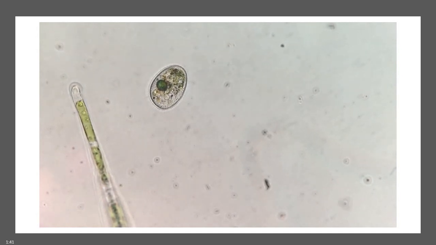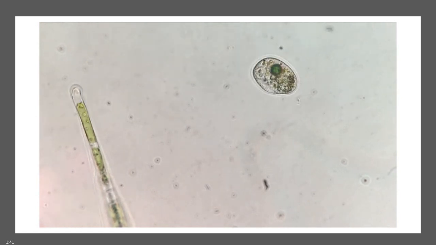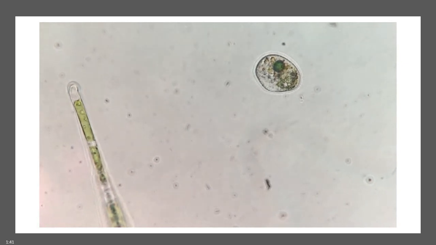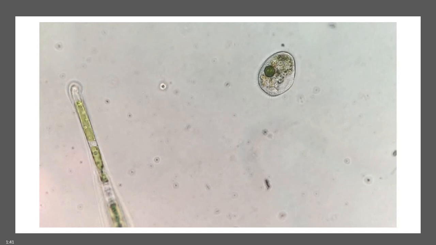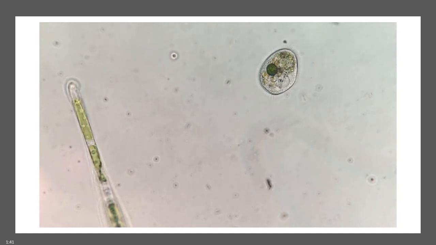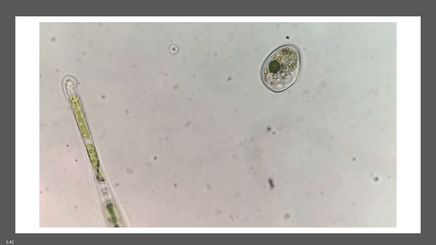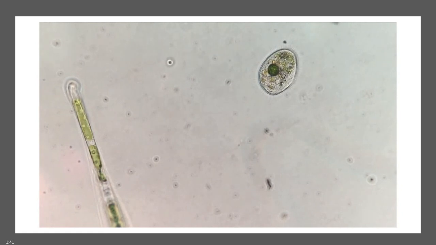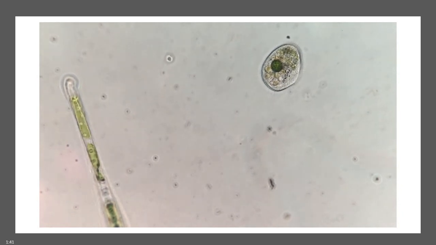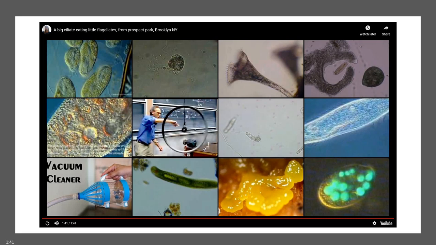You can see why they are considered to be animal-like in the way that they move. That was a paramecium that just frightened our friend. If you go back and look slowly, the paramecium was actually relatively large compared to the ciliate, which would be why the ciliate moved away. But this is happening every day in that green slime, in the stuff that's in your sinks and bathtubs and toilets and ponds. We will talk more about ciliates or